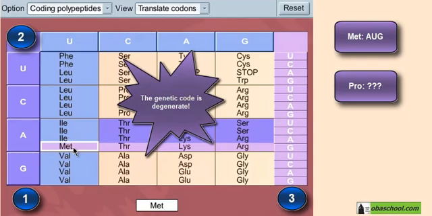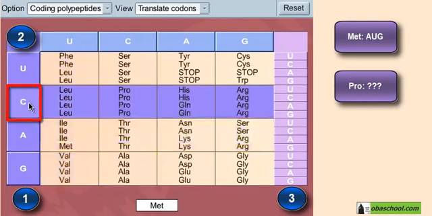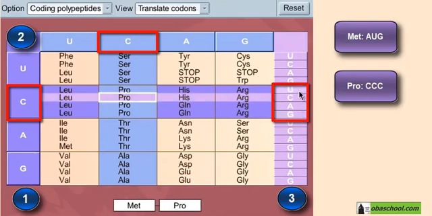We have amino acids that are coded for by more than 1 codon. Proline specifically is coded for by 4 codons. So proline is C, C, and any of these 4 bases. So proline can be CCC, it can be CCU,